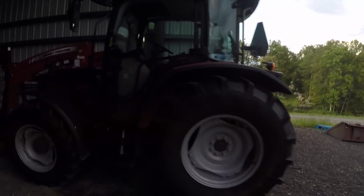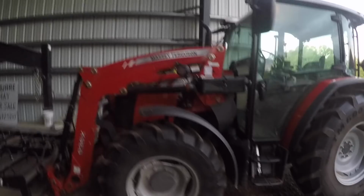Okay guys, it's time to show y'all what y'all been waiting on for months probably. I finally decided on a tractor and I've got it here and I'm going to show it to you. I got it sitting back here in the back of the building and we're going to go back there and look at it. So on the way we're going to go by the